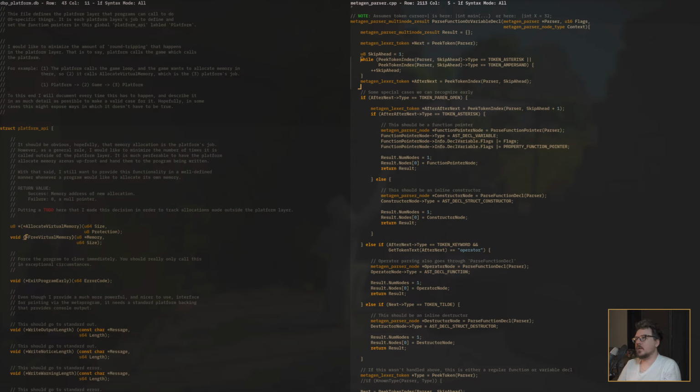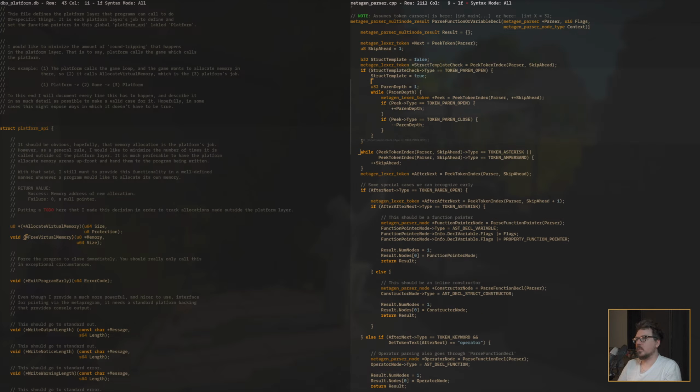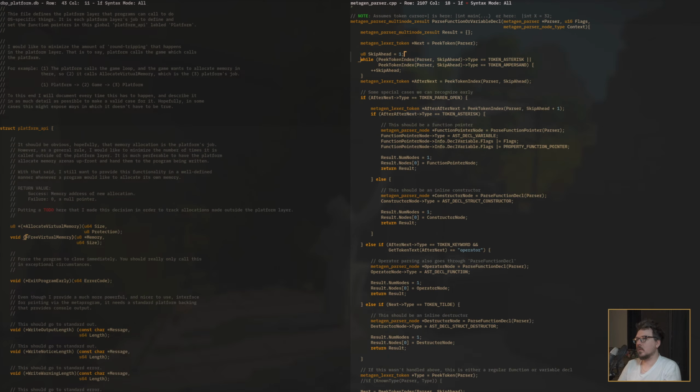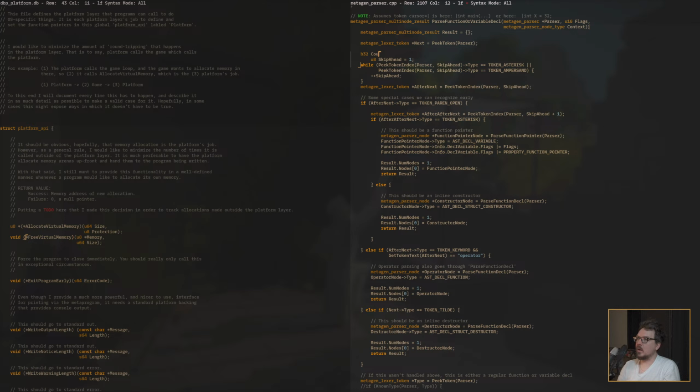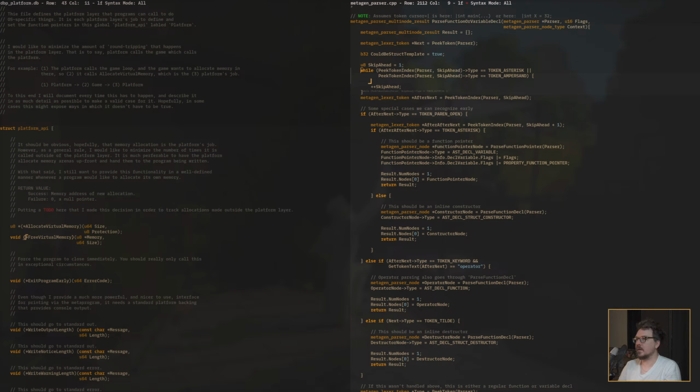See, this is a little bit weird. Let's add another, okay, could be struct template. This is a little gross, but let's just assume it could be, unless this happens. If we ever see a token asterisk or ampersand before we get to the open paren, we know it's not a struct template, so we can just say no. And then here,